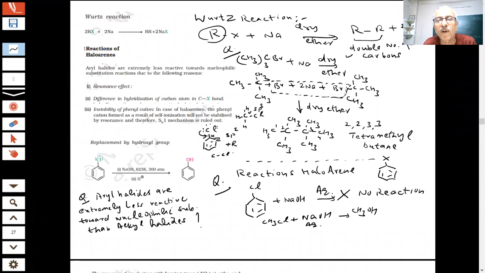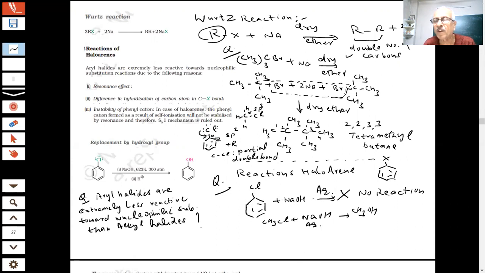This C-Cl bond in haloarene has partial double bond character. Then what will happen? It will become more stable, more difficult to break. Therefore, it does not undergo nucleophilic substitution reaction under ordinary condition. Student, under ordinary condition this reaction cannot happen. So a reaction that does not occur under ordinary condition, what do we do? Vigorous conditions. Such reactions are only possible under strong and vigorous conditions.